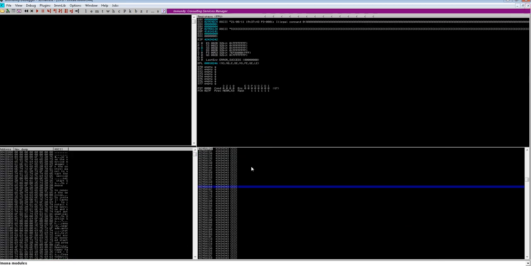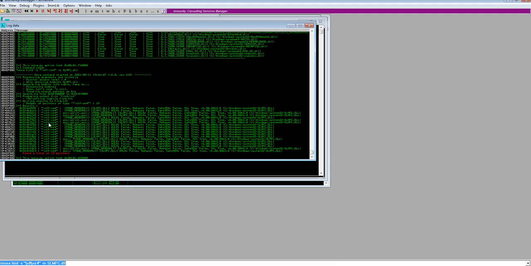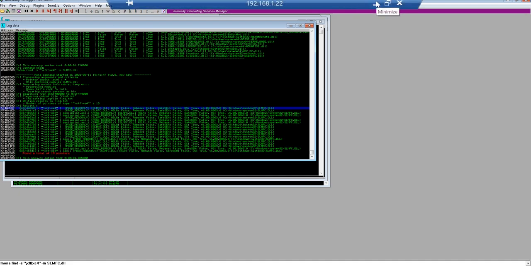So what I will do is I'll close this, and here on the Mona modules I just say find -s, and to find the jump ESP just say \xff\xe4 and then say the module name. The module name is slmfc.dll and enter. So you could see that there are a lot of addresses here. Let's pick up the first one. The first one says 5F, 4A, 35 and 8F. Now this is going to be the return address.